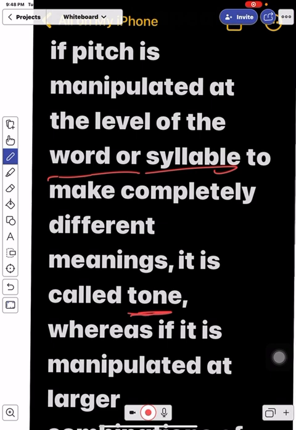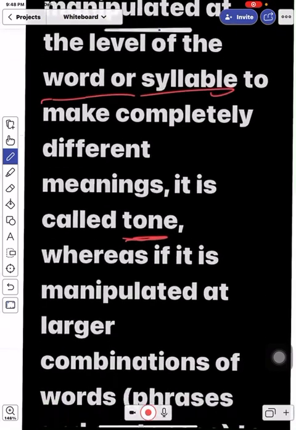So tone is when the perceived pitch is considered at the level of syllables or words. That is what tones are meant for. So tone is equal to pitch in terms of words or syllables, whereas